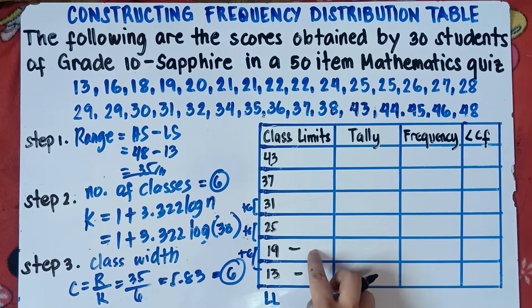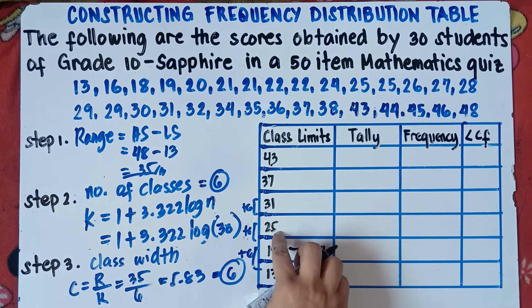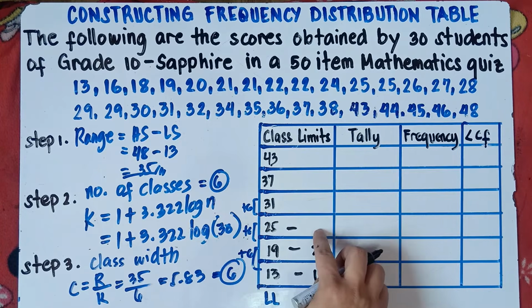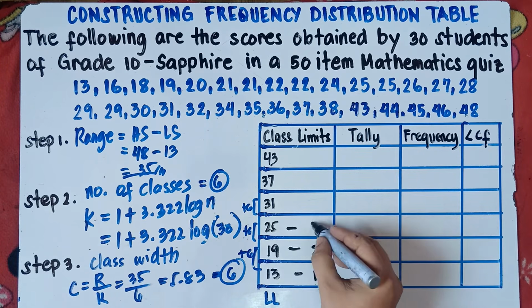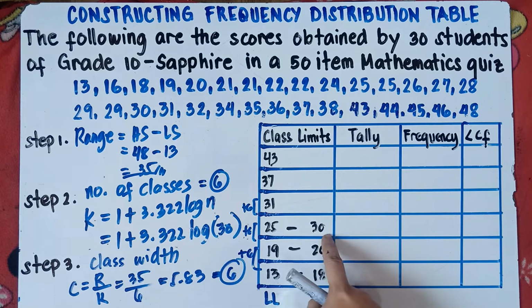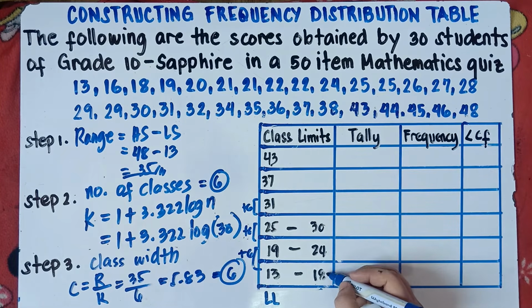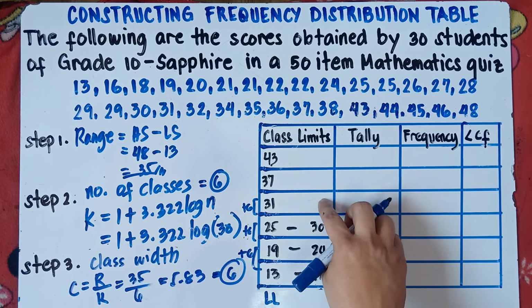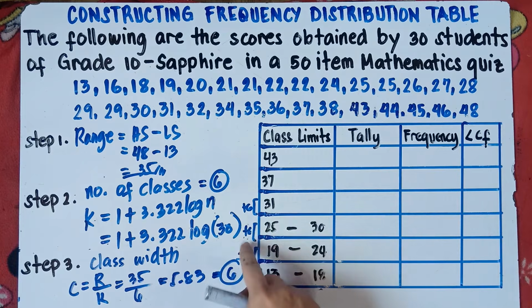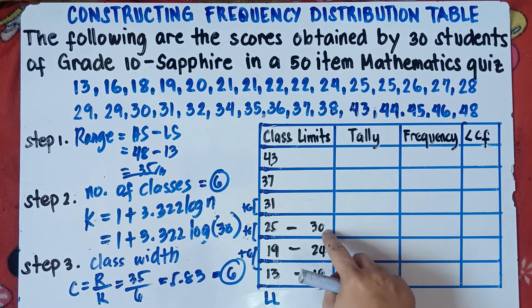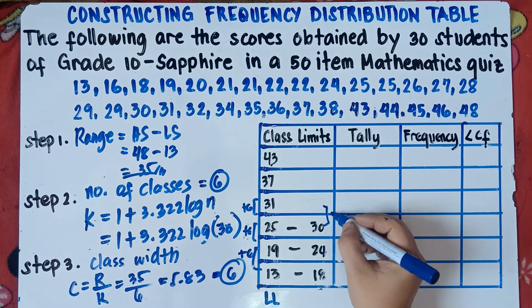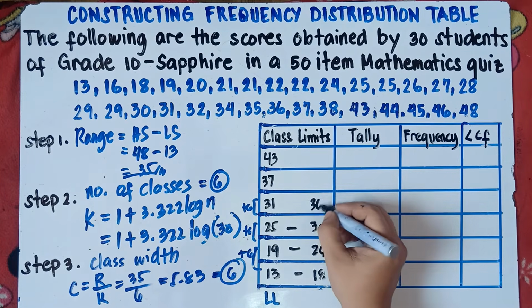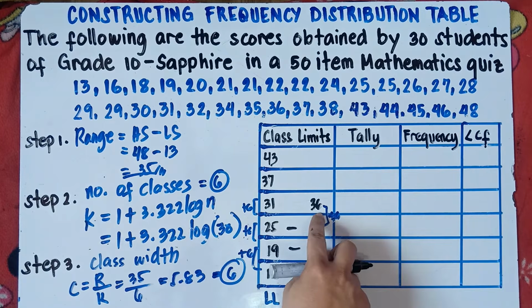Now this is 25, this will be 24, because after 24, that is 25. Now this is 31, this will be 30. Okay, 31, then 30, 25, 24, 19, 18. Now, if you add 6, 18 plus 6, once again, the class width is 6. 18 plus 6, that is 24. 24 plus 6, that's 30. 30 plus 6, that would be 36, right? Simply add 6 because our class width is 6. If this is 37, the last number should be 36.